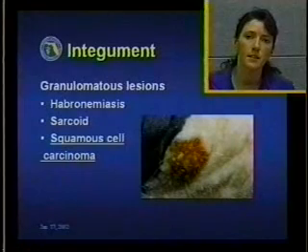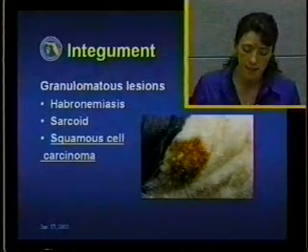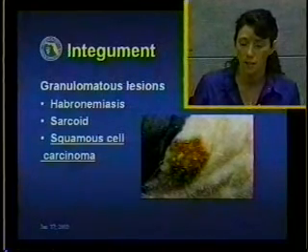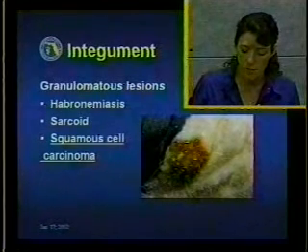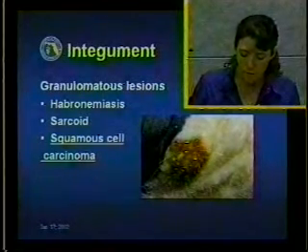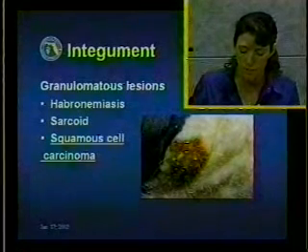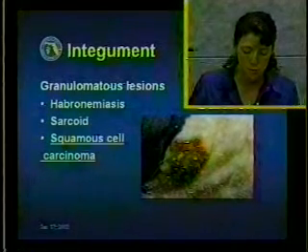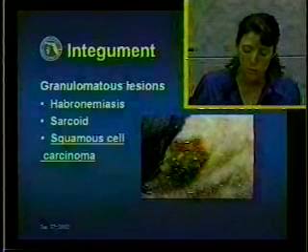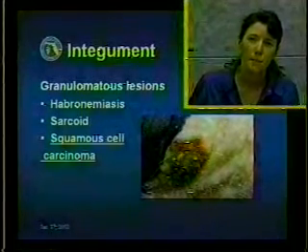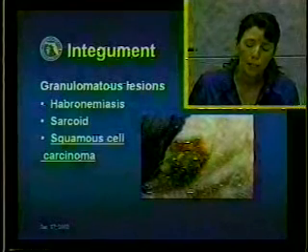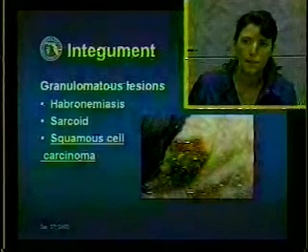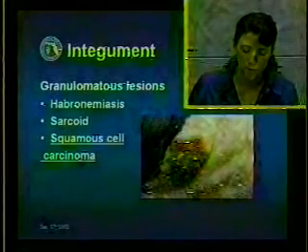Squamous cell carcinoma is very commonly observed in horses with light skin that are exposed to a lot of UV light. So this is something that we see a lot in the southern states, where in particular paint horses or albino type horses with a very light complexion will be commonly turned out at all times and exposed to a lot of sunlight. So this is a tumor that can potentially metastasize, but most of the time it is invasive locally, and on most occasions it doesn't respond to treatment very well if it's taken late in the